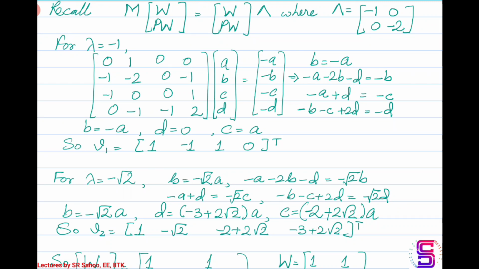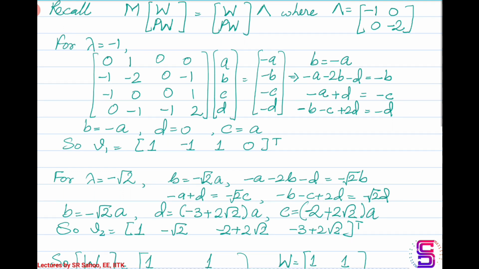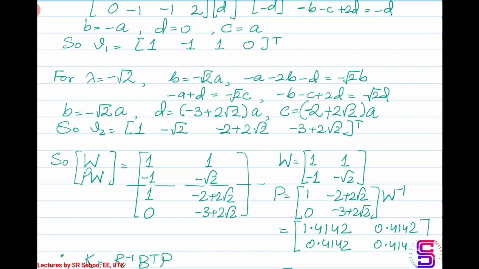Now for forming the WPW, we need to identify the eigenvectors corresponding to minus 1 and minus root 2. Now please note that minus 1 and minus root 2 are repeating only once. I mean, there is no repetition, they occur only once, and hence they will only have an ordinary eigenvector associated with them. Okay. So when we solve for lambda equal to minus 1, we find that the eigenvector that satisfies this relationship is of the form 1 minus 1 1 0. And when we solve for lambda equal to minus root 2, we get the vector v2 that we have here.